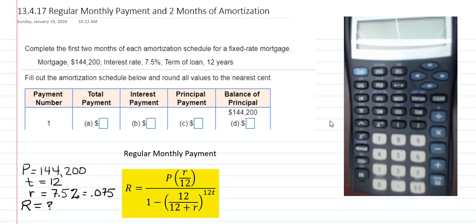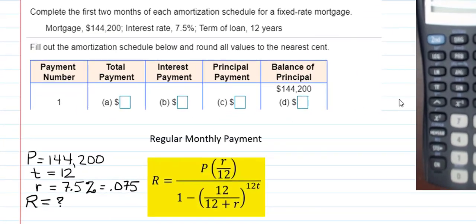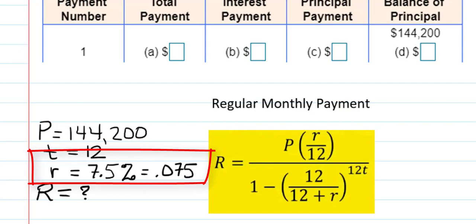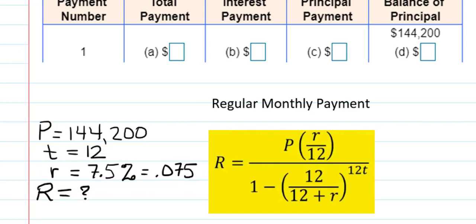So the total payment is referring to your regular monthly payment, R. And you can use the formula R equals P times (r over 12) over 1 minus (12 over 12 plus r) to the 12t to calculate that regular monthly payment. And they are giving us everything we need to do that calculation. We have P, the principal, t, the time in years, and r, the interest rate. So we're going to plug in, remembering to use the decimal form of the interest rate. So since our interest rate is 7.5%, moving the decimal 2 places to the left, we're going to use 0.075